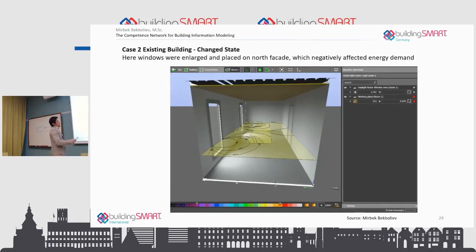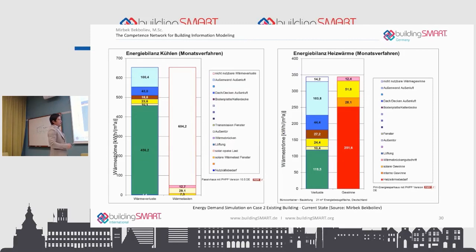You remember we had the windows on the south side. I simply moved the windows to the north to show you how big the negative effect of installing them there is. Yeah, you will have 313, but yeah, container building, by the way. You see the different numbers in energy load, 251 kilowatt hours per square meter per annum.